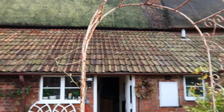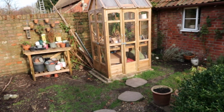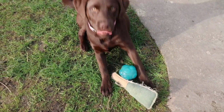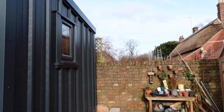So this is our cottage up here, and this is the side of the garden. Well, we've got two gardens. We've got one at the front, we've got one at the back, and this is the back garden. And this is Hazel. Hazel! She is our puppy. Anyway, I thought I'd show you the garden because we had this built, this monstrosity that